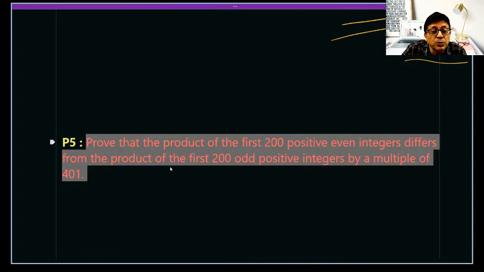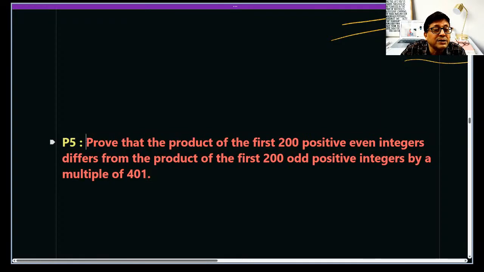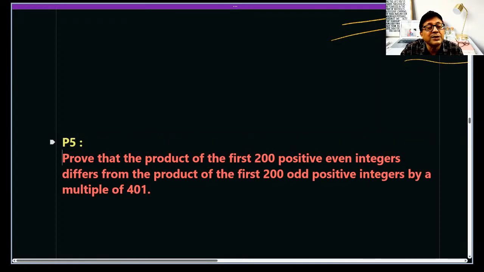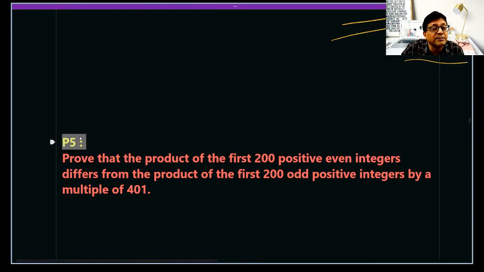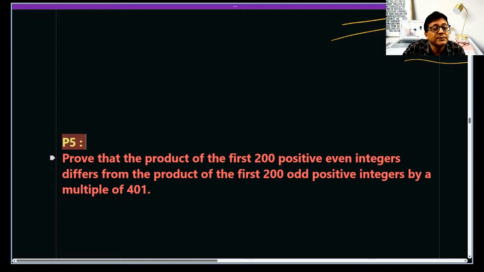Why I am so encouraged, so enlightened to share the idea with you? Just see the sum here. Check. What you see here? Prove that the product of first 200 positive even integers differs from the product of first 200 odd positive integers by a multiple of